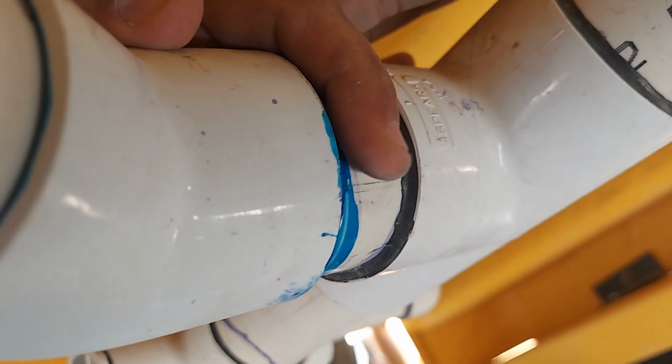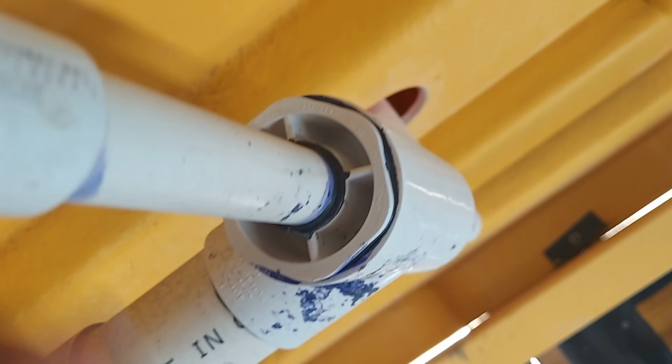So I don't know if I have enough bite there to get another piece on there, but I'm going to try. If not, I'm going to rebuild the whole thing. Ain't no thing. Down here,